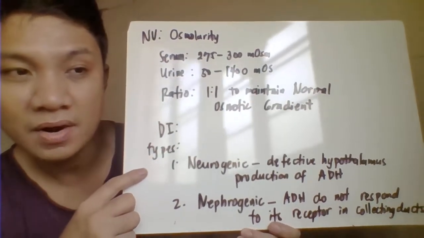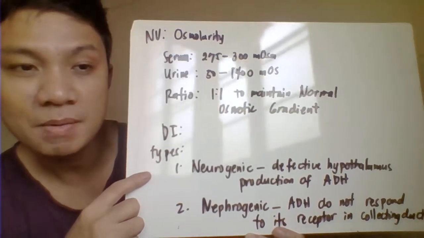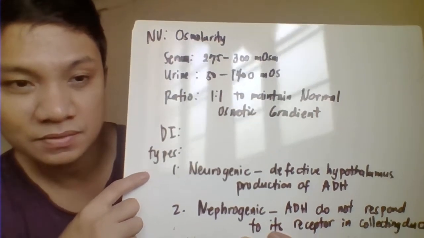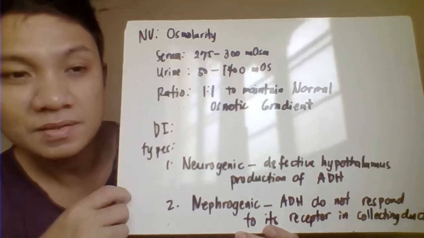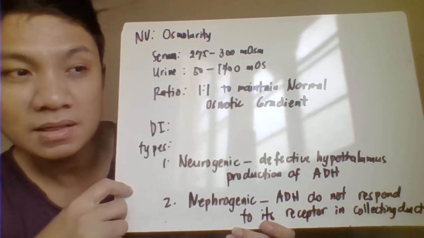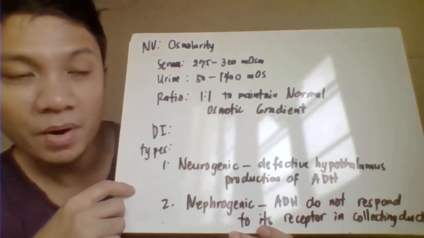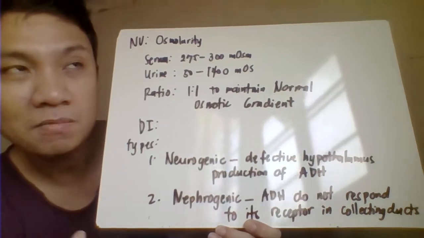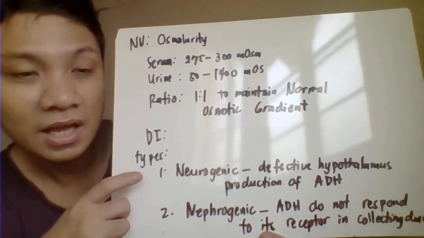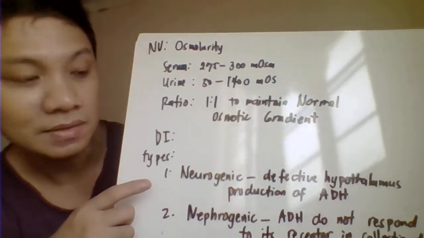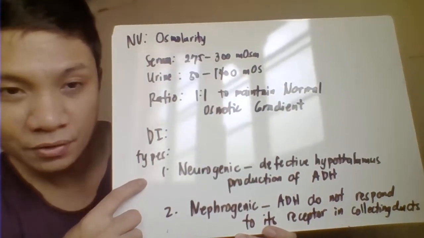Remember that your antidiuretic hormone is produced by your hypothalamus. So if you have a problem with your hypothalamus, expect that it will not produce antidiuretic hormone. If the problem is the hypothalamus production of your antidiuretic hormone, then you consider the diabetes insipidus as neurogenic